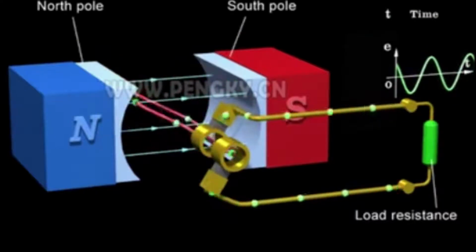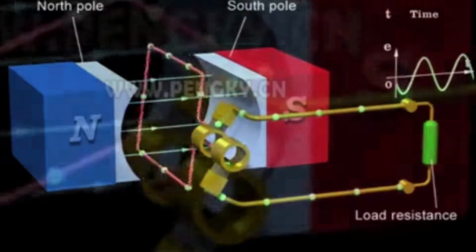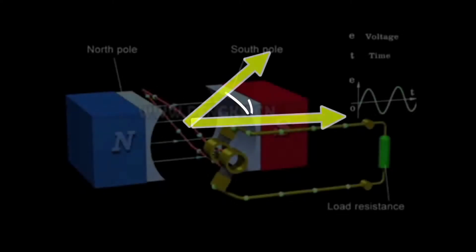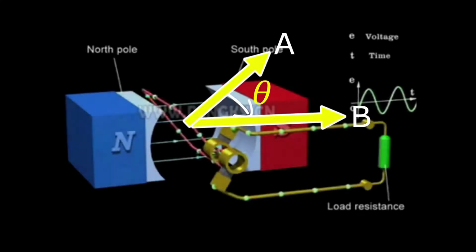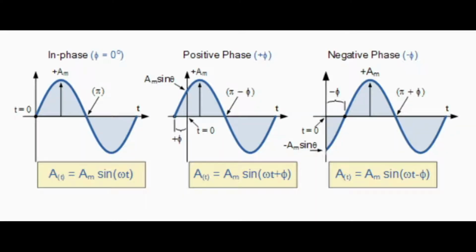From the previous slide, it is known that the induced EMF will be NABω sin ωt. So its value at t equal to 0 should be 0. However, it is not the case for all. It depends on the angle between B and A, that is, the magnetic field and the area vector normal to the surface. So here come 3 different cases where its value at t equal to 0 could be 0, positive or negative.